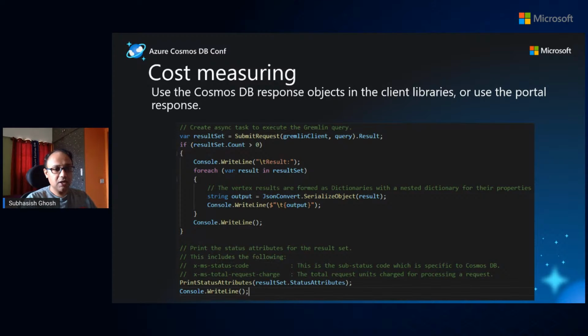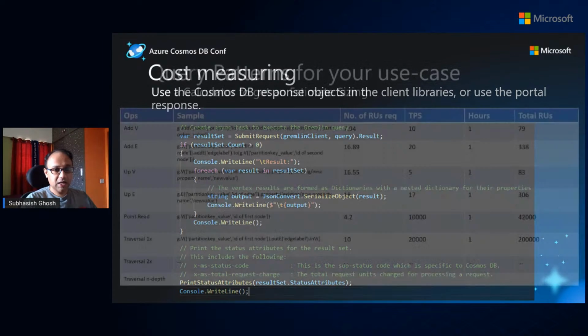So these are very important things which we took into consideration. And we tested continuously the costs of the top 10, top 20 to 25 queries, including the top 4 levels of traversals. That's a good practice for cost measurement. And then, of course, optimizing it for latency, performance, and cost.